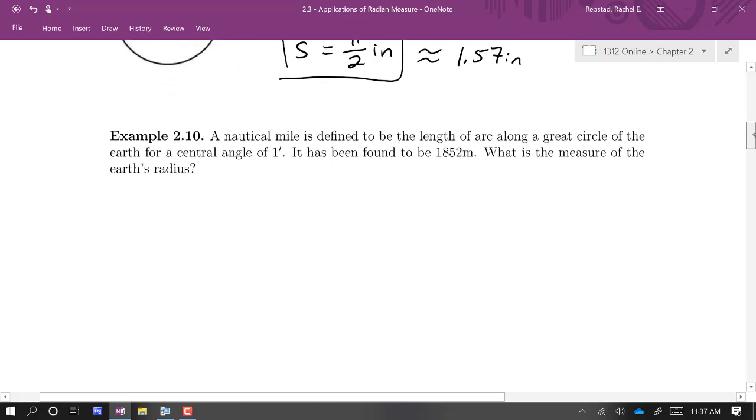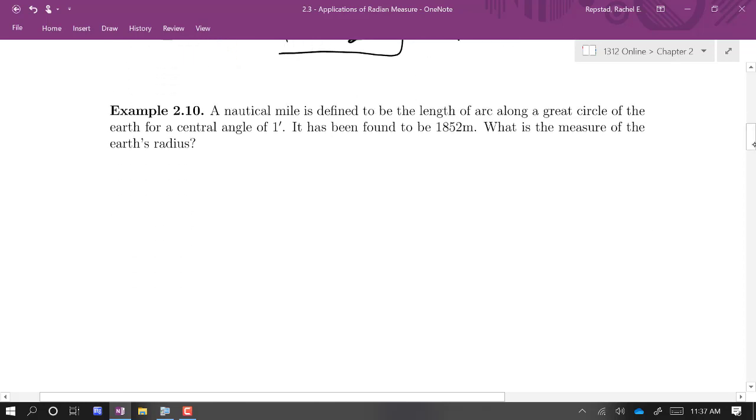All right, here's another one. It says a nautical mile is defined to be the length of the arc along a great circle of the earth for a central angle of 1 minute. It has been found to be 1,852 meters. And we want to know what is the measure of the Earth's radius from this information. So they gave us an arc length here. It's the length of arc, which is 1,852 meters, so that's S,